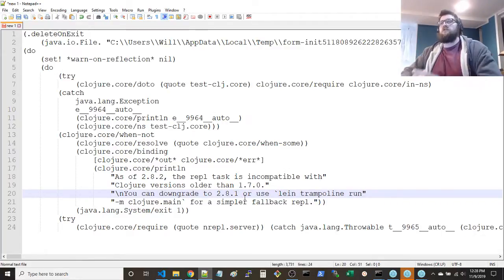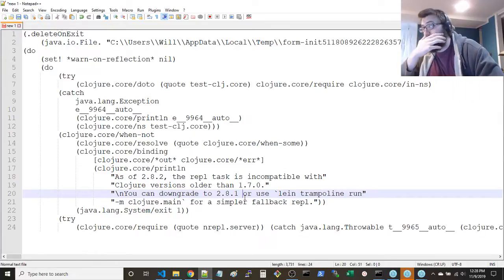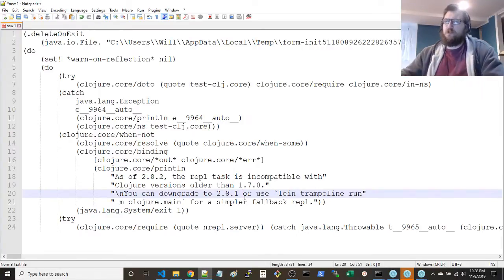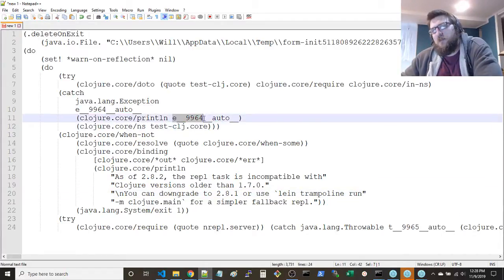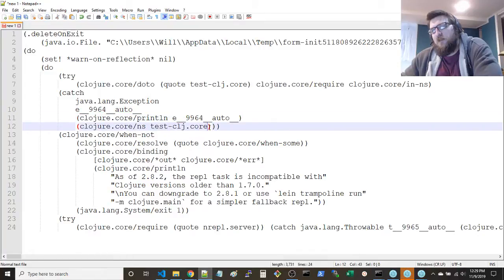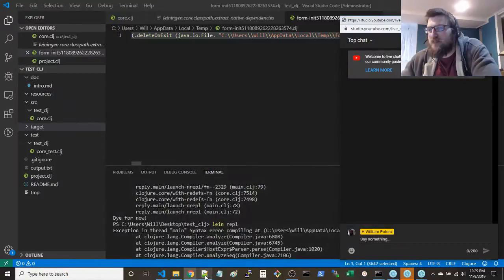Delete on exit, whatever that means. Do one reflection, do, try, catch. This is exception. This looks like it's machine generated. I don't know exactly what compiler generated this. So the problem is this whole stack trace.